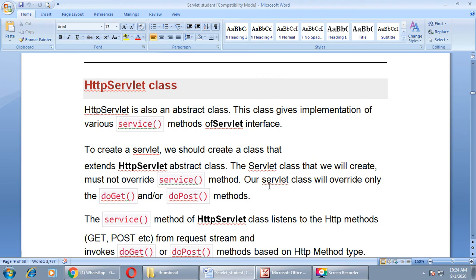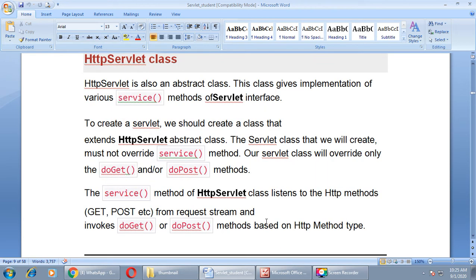Our servlet class will override only the doGet and/or doPost method, depending on the HTTP request sent by the client. The service method of the HTTP servlet class listens to the HTTP method, whether it is sent by get method or by post method, that it gets from the request stream, and invokes accordingly either the doGet method or the doPost method based on the HTTP method type.